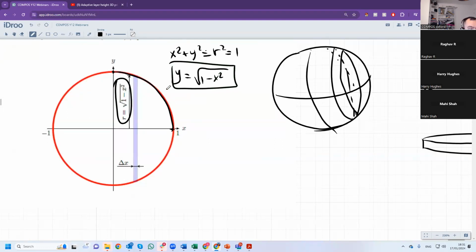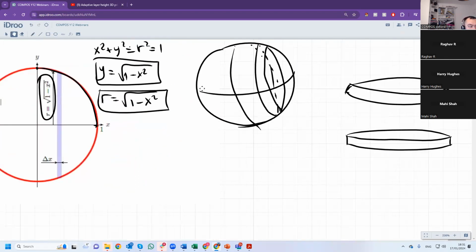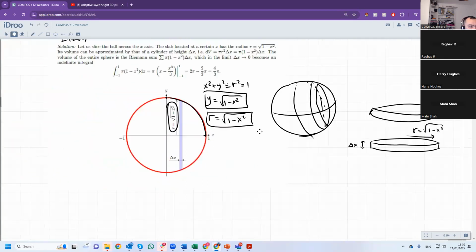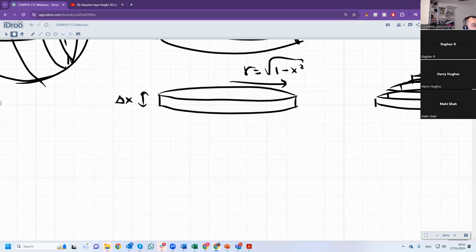So this is y equals 1 over 1 minus x squared, but it is also equal to the radius. So r is equal to square root of 1 minus x squared. Okay. So the volume, the thickness of this slab, so the radius is square root of 1 minus x squared. The thickness of the slab is delta x. And so the volume is pi r squared h. That's the volume of a cylinder. And that's equal to,